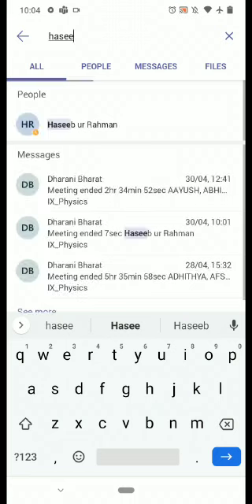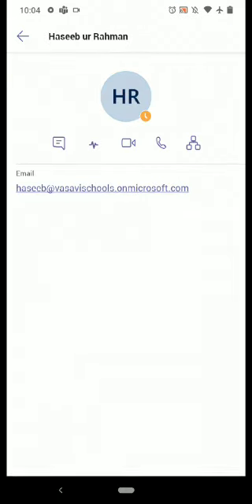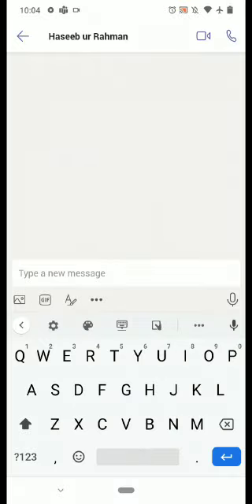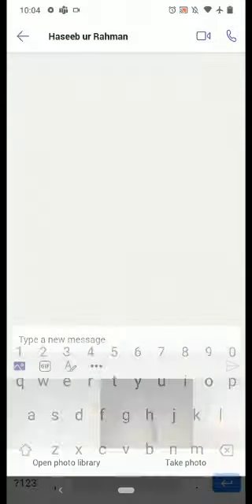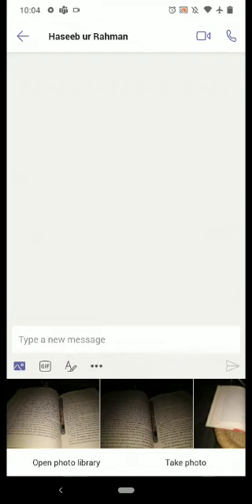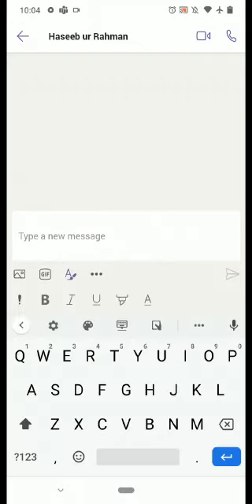Here you select the respective teacher, whoever it is. If the physics teacher is asking, select the name of the teacher and click on chat. Here you can share the picture that you have taken, or you can type your answer. If it is 2-3 lines, you can do both. That's how you will send it.